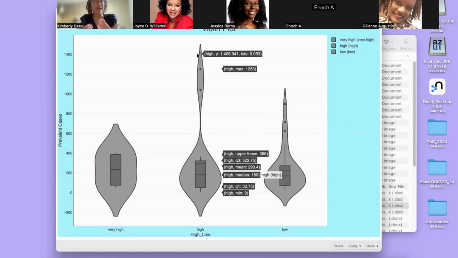Because we did this by area, I can take this data and look at area versus high and low crime, and now I can pinpoint where my resources need to go, right? That's the whole point of doing this analysis from a health disparities perspective: where do we need to improve programming? Where do we need to improve access to transportation? Where do we need to, right?